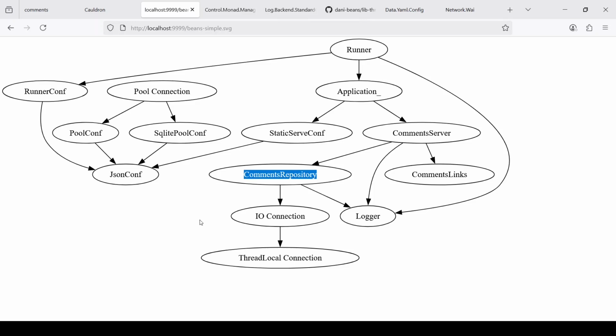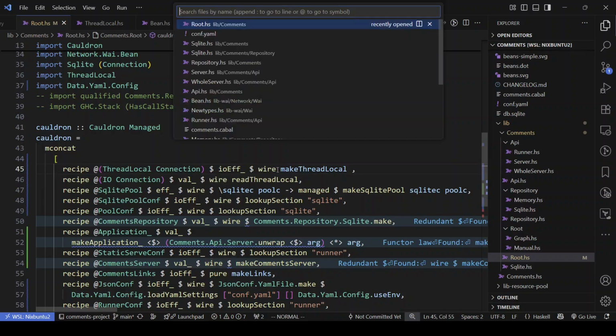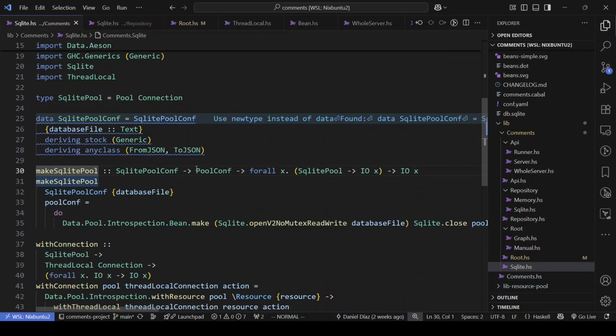But we still haven't devised a way, for each request to the comment server, to take the thread local, allocate from the pool, and tie everything together. Okay. I have this module here